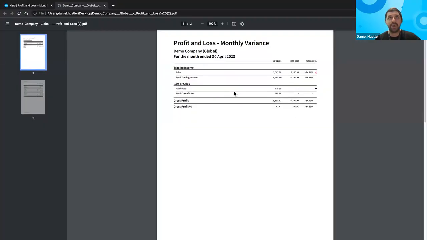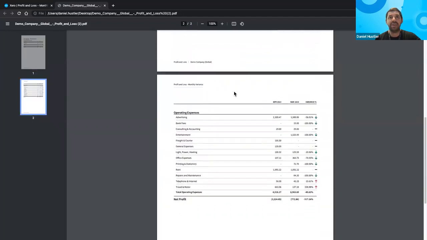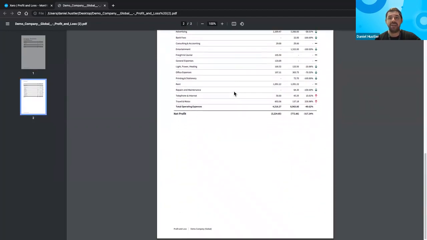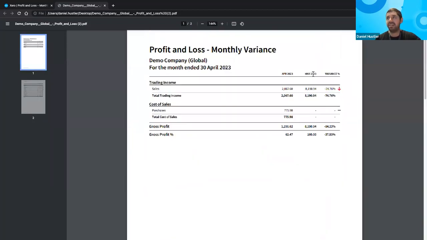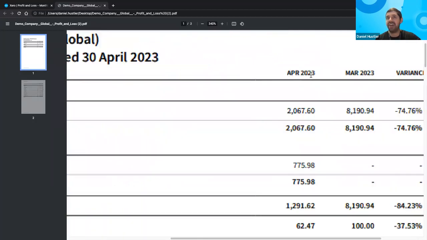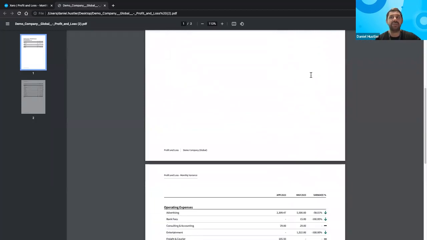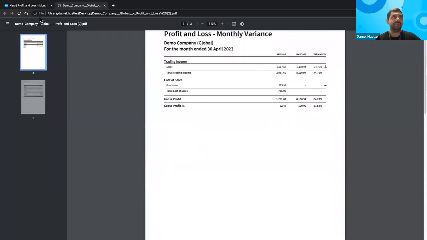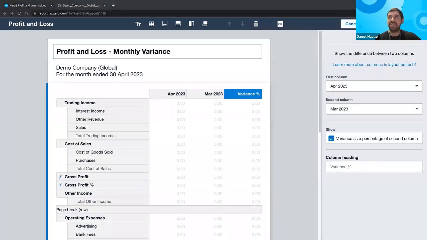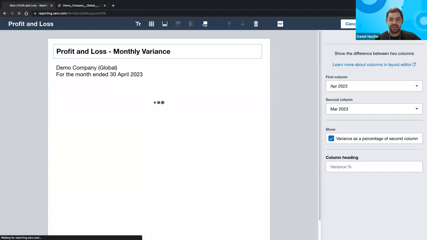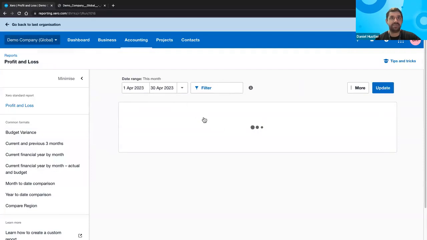Okay, it's looking great. We've got our income and gross profit percentages appearing on one screen and our expenses appearing on the other page. Additionally, we have our variances. We also have those favorable and unfavorable red/green arrow icons. Now, I'm going to go ahead and update this layout. And what you will notice is when I go back to the screen,